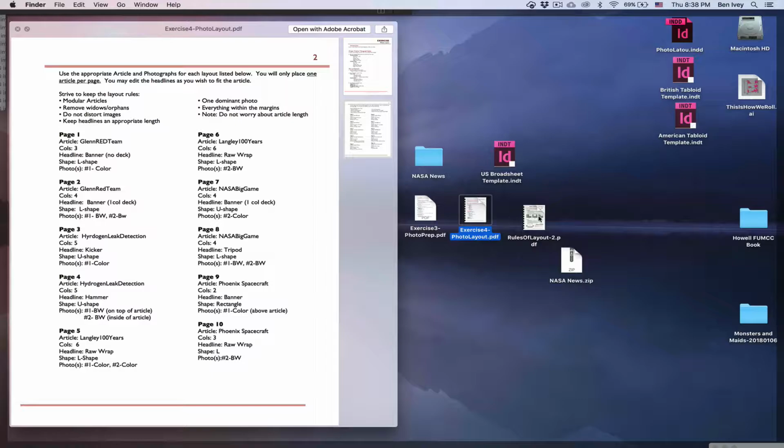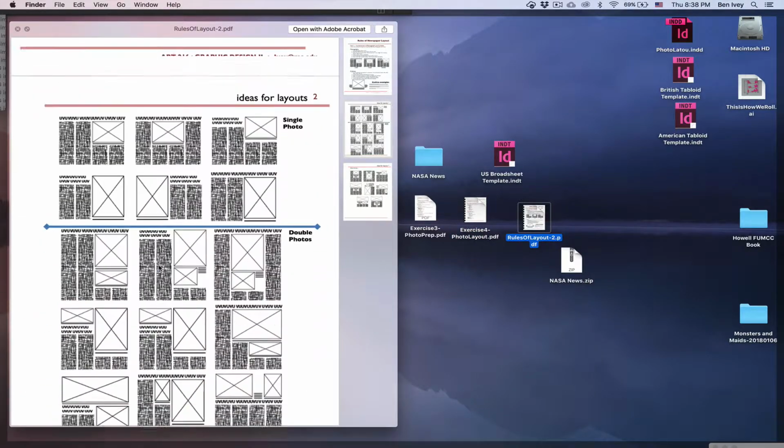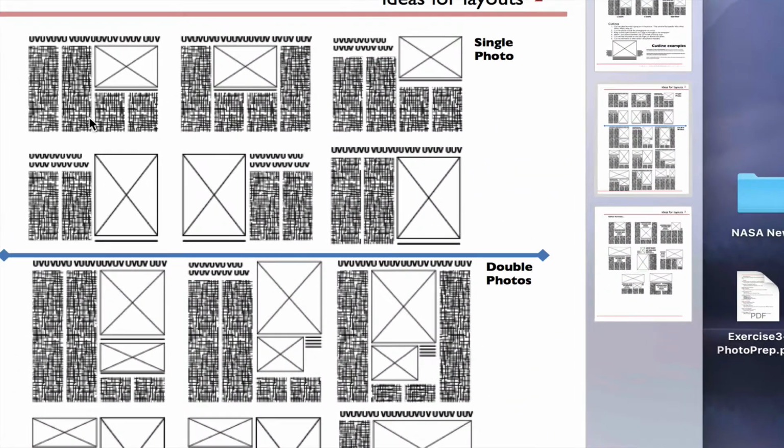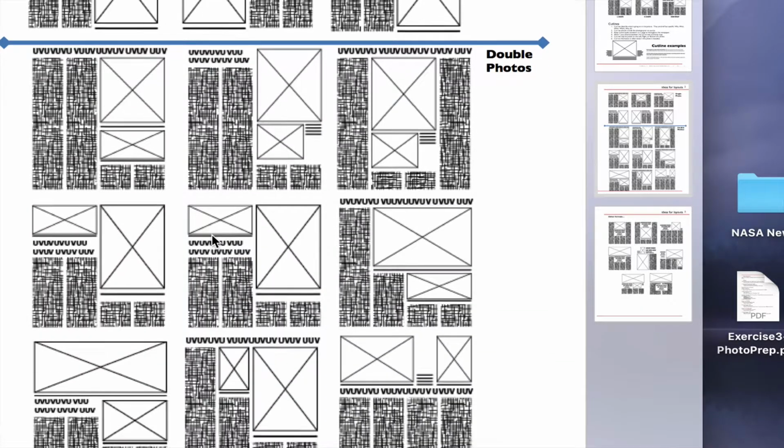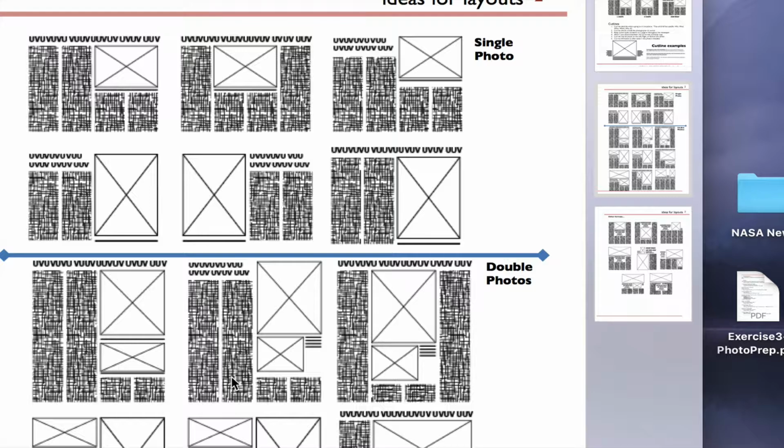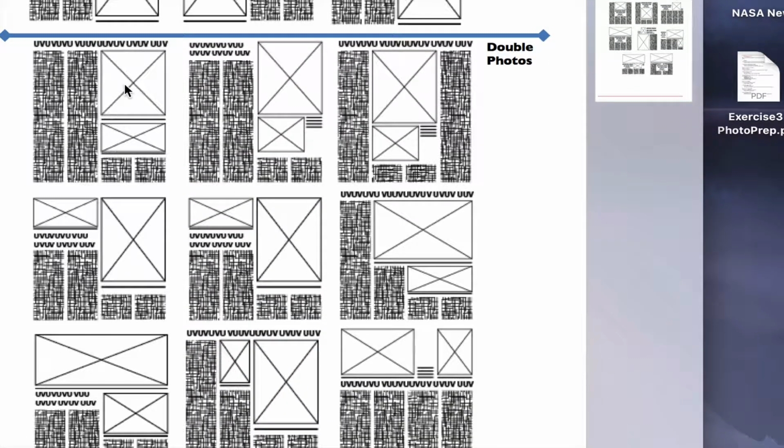Again, if you go back to your rules of layout, especially on the second page, check out these thumbnails that we have. At the top, I'm showing you different ways you can lay out a single photograph layout. All of these would be acceptable answers. Or if I'm asking for 2 photographs, let's go to the bottom, you can see how I've laid out 2 different photographs. Each one is dominant and has a smaller one, and each one follows all of the rules that